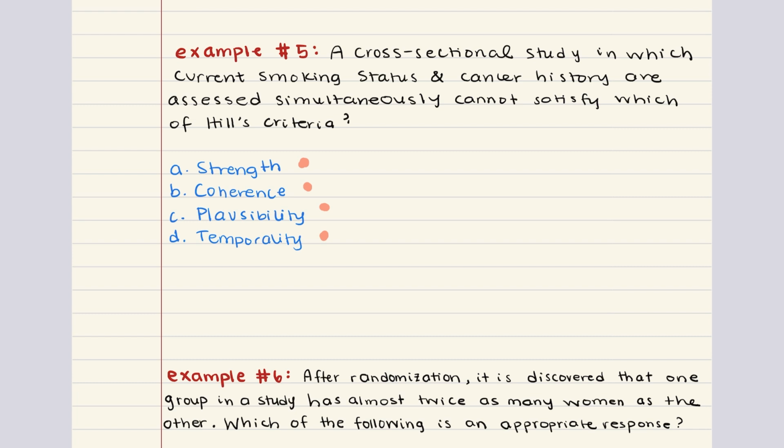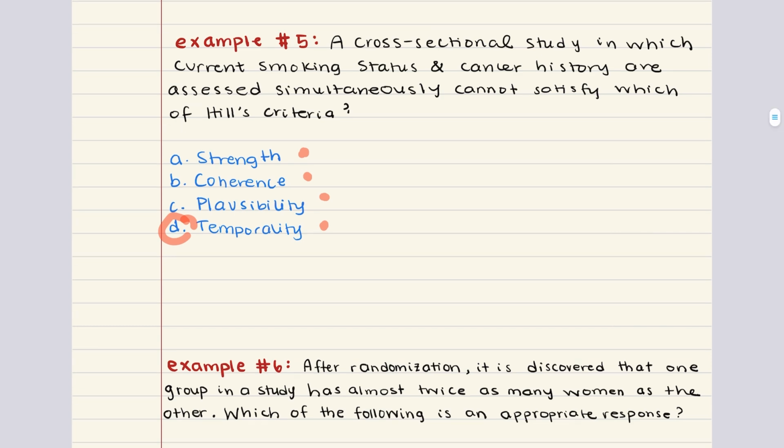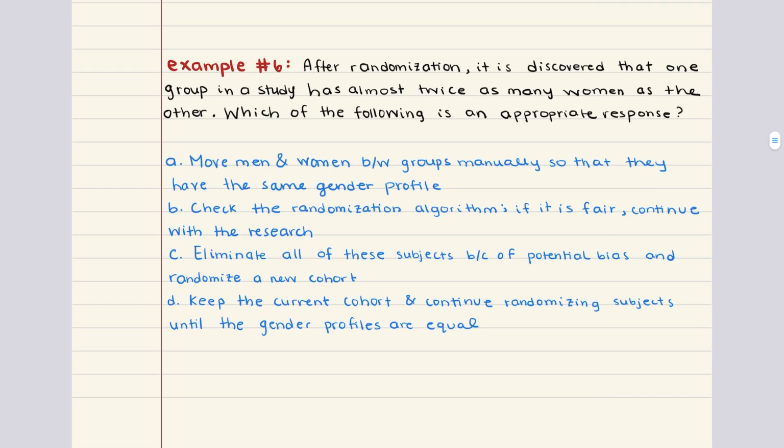Specifically, cross-sectional studies do not provide information about the sequence of events, meaning they cannot determine whether the cause occurred before the effect. So keeping that in mind, the criteria that is not satisfied is going to be temporality, because this criteria says that the cause must precede the effect. 5 is D. 6 says,